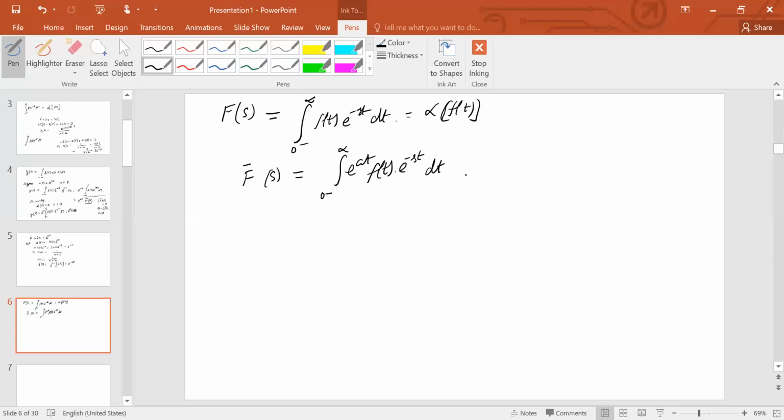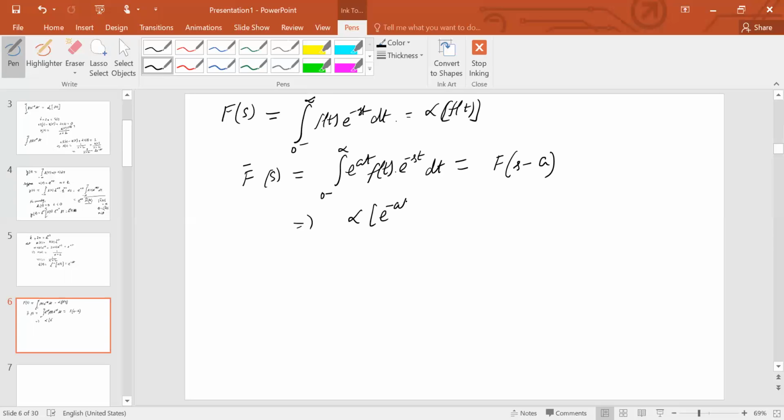Now I'll leave it to you. There's only a simple substitution at some stage, and you'll be able to immediately see that this is nothing but equal to F of s minus a, thereby leading us to conclude that the Laplace transform of e to the